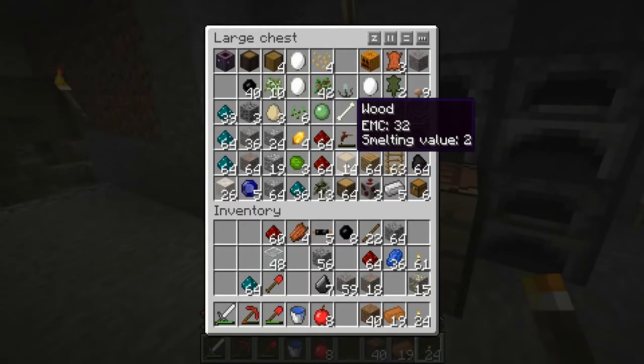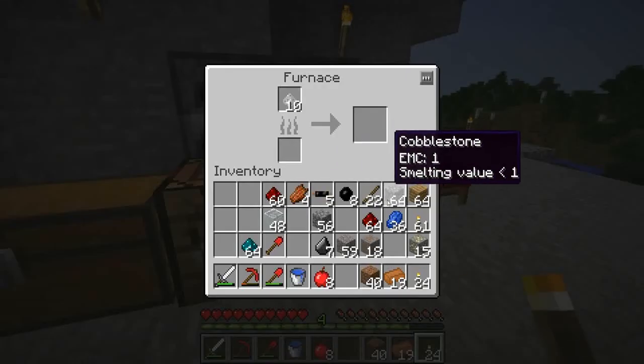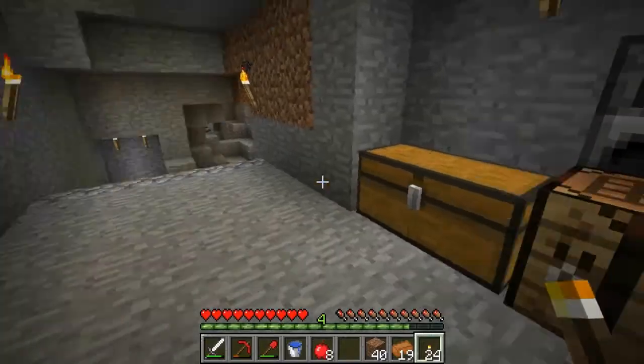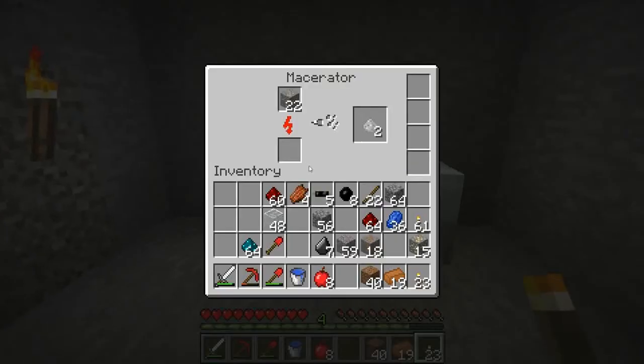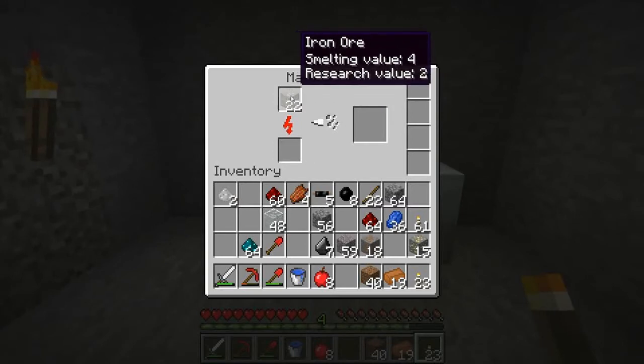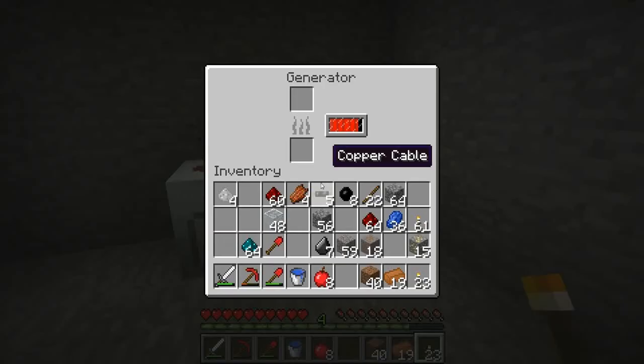And here we go. I'll just take this whole stack and just leave them in there. So my understanding of this is every one of these, every piece of iron ore gets macerated into 2 iron dust. Is it going to make it? Yep, 2 iron dust. And then what happens is